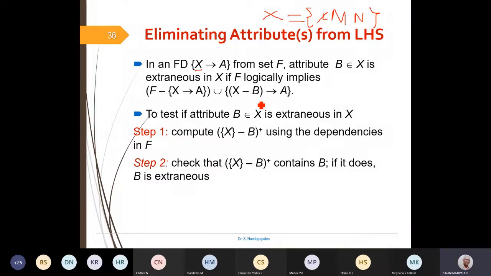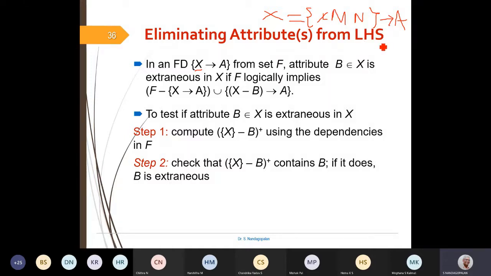That means it is still logically correct even if I remove this. If MN still determines A even after removing L, that means L is redundant. We don't want to keep unnecessary attributes on the left hand side, so eliminating attributes from the left hand side of any FD helps us reduce the unnecessary attributes.